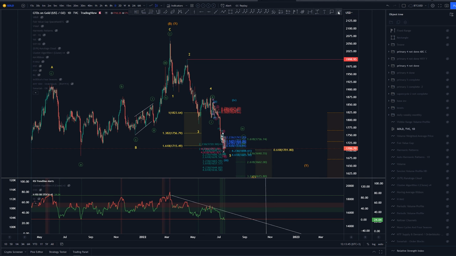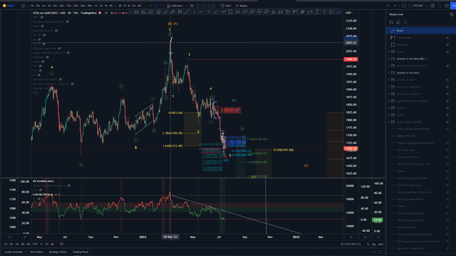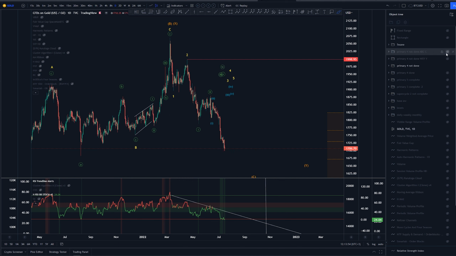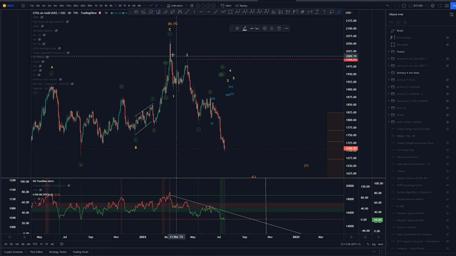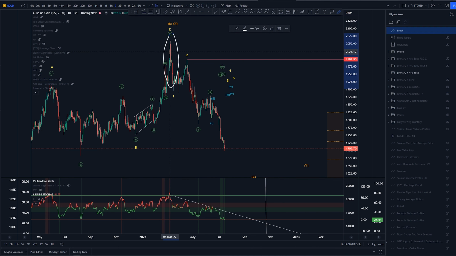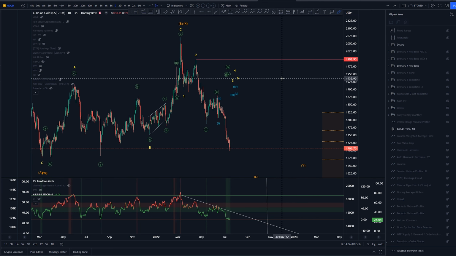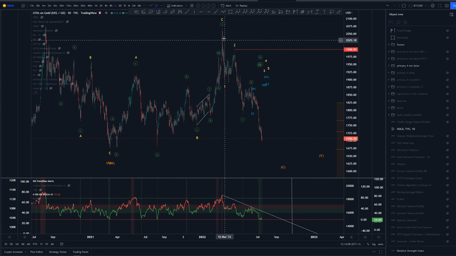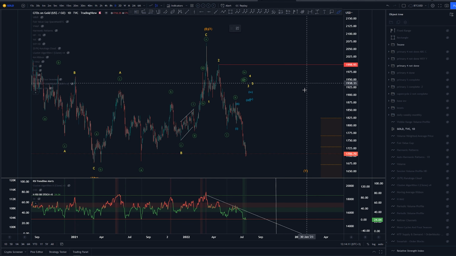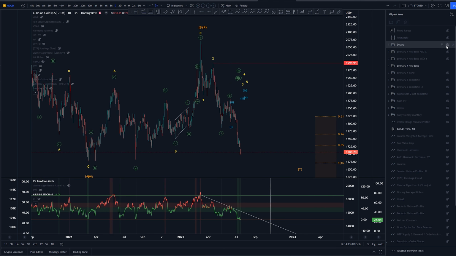However, I have to say that again, if we have the 1, 2, 1, 2, this structure here is larger than the first one, which would mean that a smaller degree wave structure is larger than the previous one, or a larger wave structure. So that doesn't make sense overall, but again, there can be some extensions here, which is why it looks larger than the higher time frame structure. Okay, now